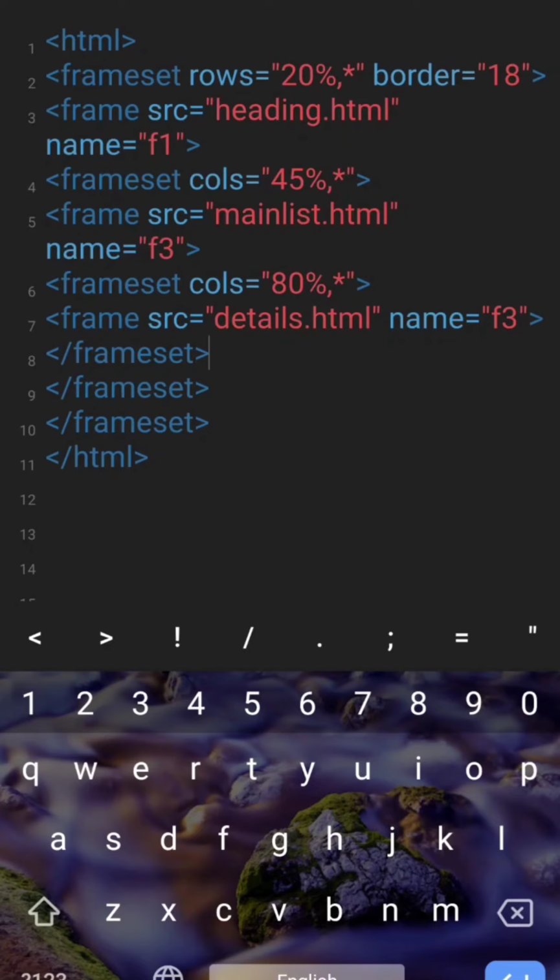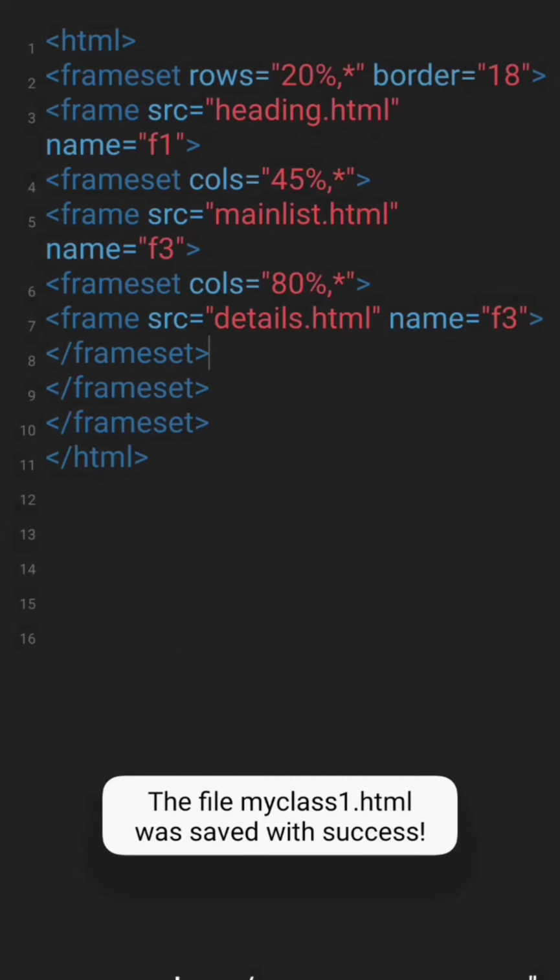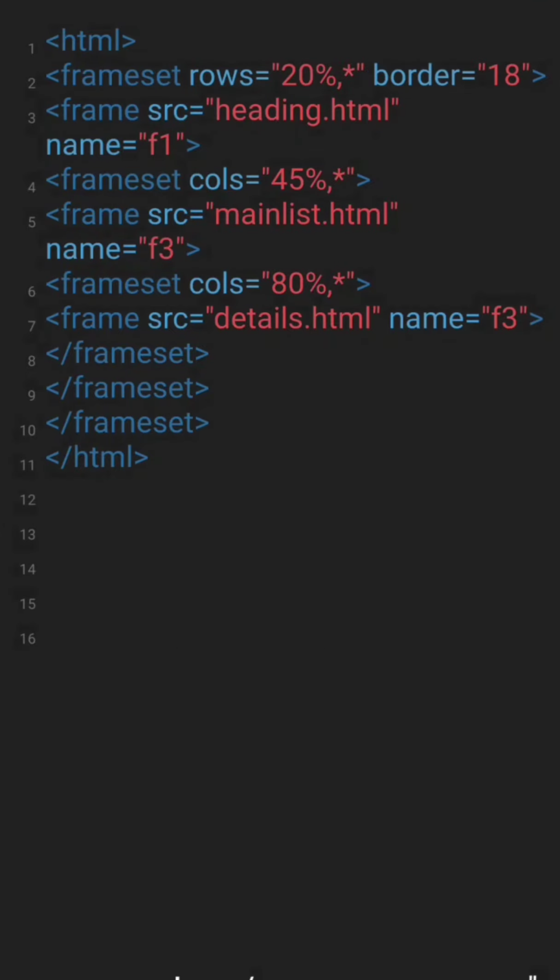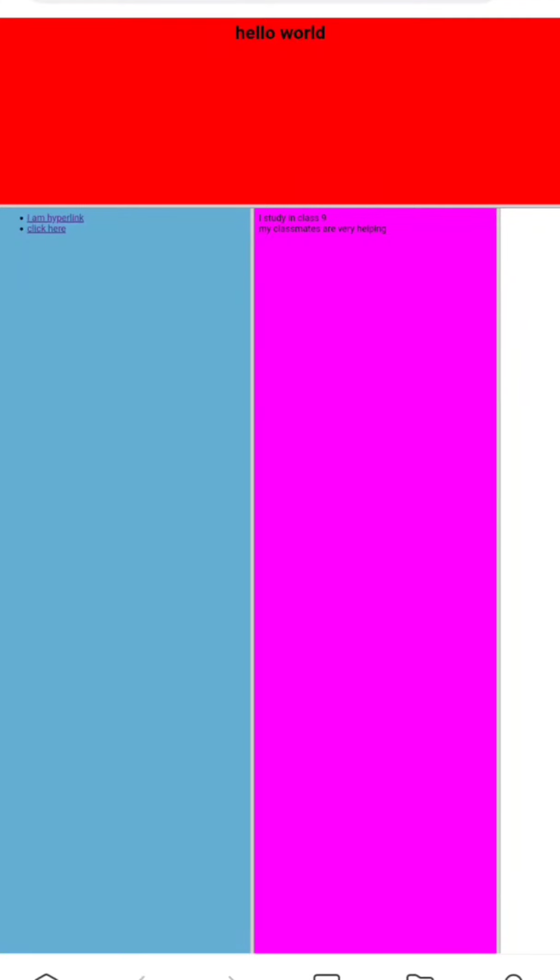Now let us save this one and let me check. See, can you see the first row? Some file has opened, and the second row is divided into 3 columns. Why 3 columns? In the first column I have taken one file, and the second column I have again divided into 2 columns. One is 80% and the rest is 20%. For the 20% column I have not indicated any frame value, so nothing will open there.